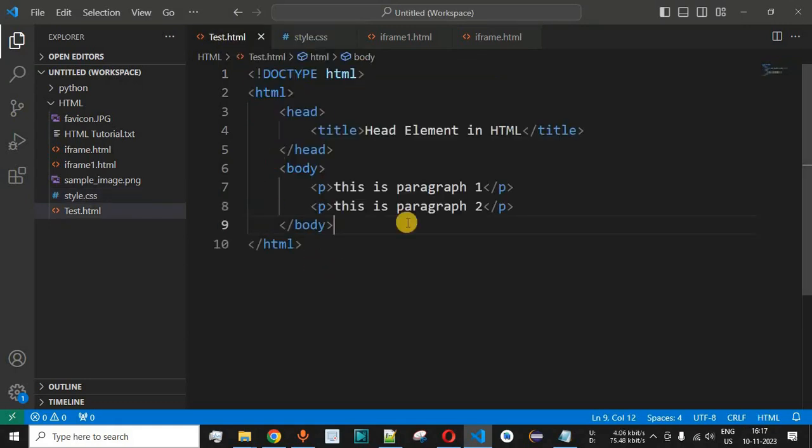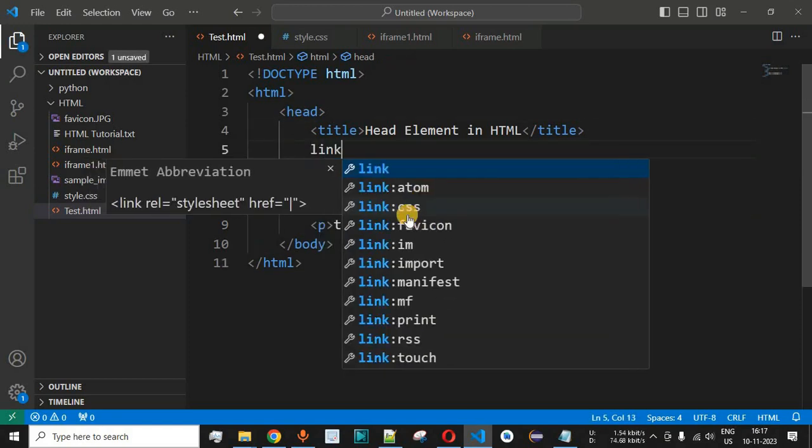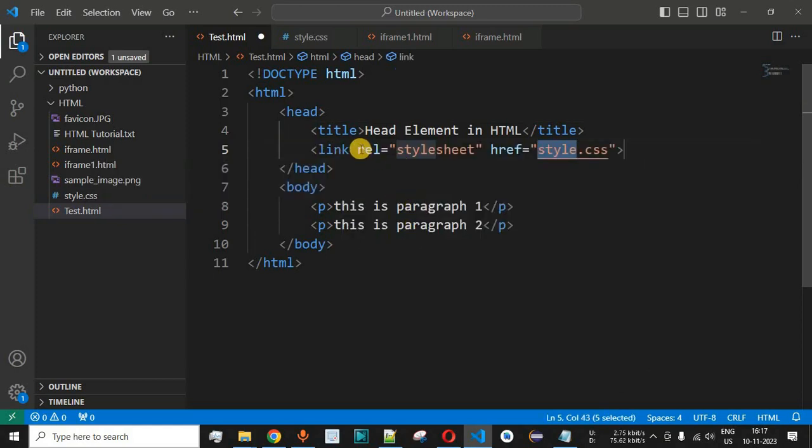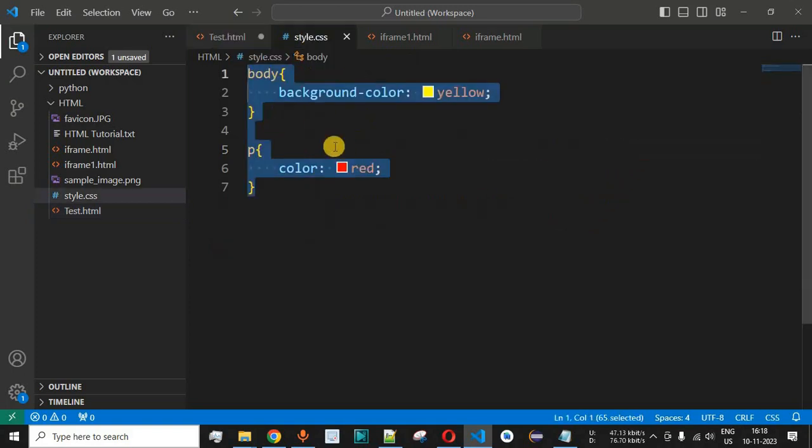So guys, what we have to do is inside the head tag we need to provide the link tag right now, and then we are going to use this link:css, which gives the rel attribute, which is the relation attribute. It is telling HTML that the file that we are going to specify will be a style sheet file. So guys, this is the rel attribute and the value that we must define in order to link to a style sheet file. And then guys, already the style.css file name is being taken over here. So in the href we need to provide this style.css file name that we have just defined in this case.